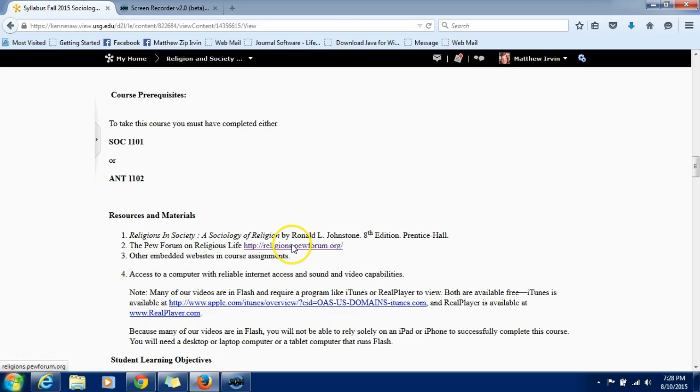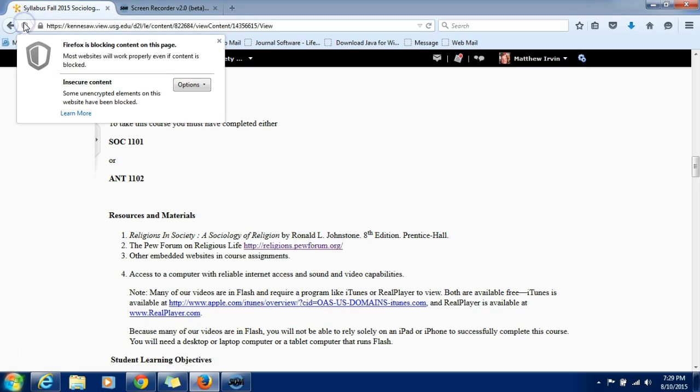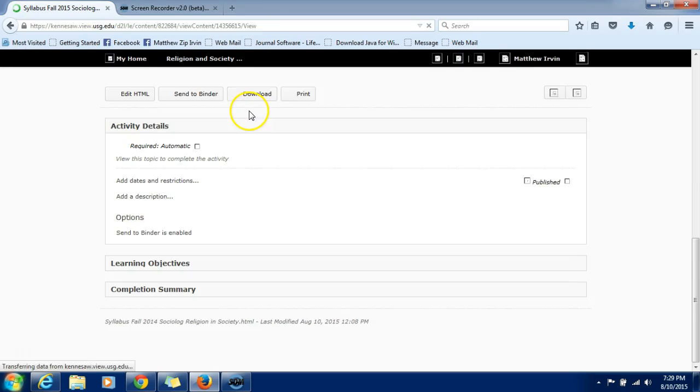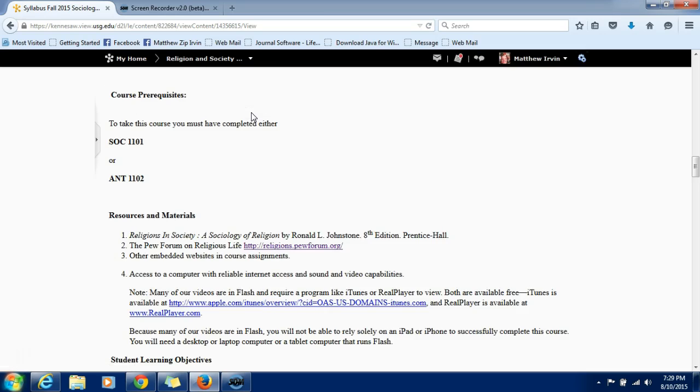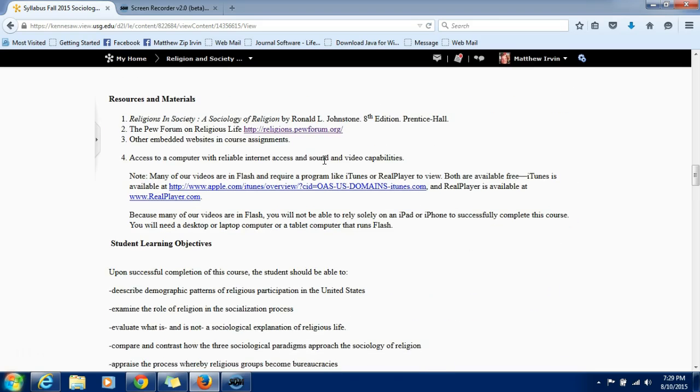Let's take a look at this Pew Religious Forum. If I go down here and click this, notice nothing happens. What is this, a broken link? No. What you would do is go up here to the top, click here where there's a shield or a lock, and it will say Firefox is blocking the content on this page. What you have to do is disable the protection, and that allows me to open up that content. So I'm going to click here, and this will take you to